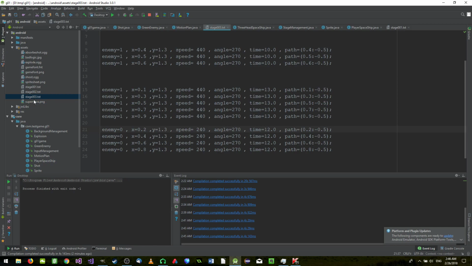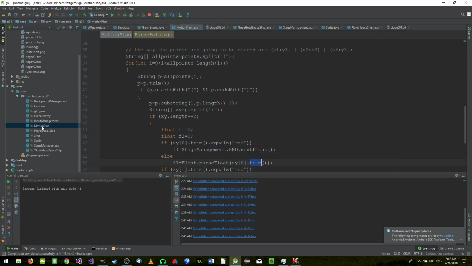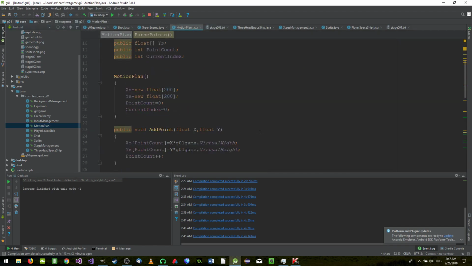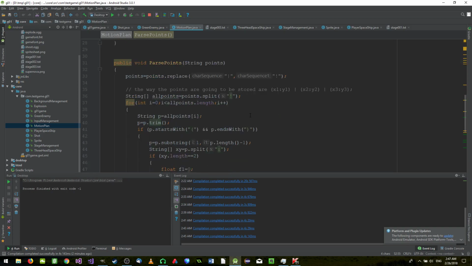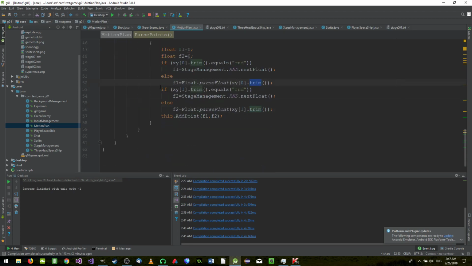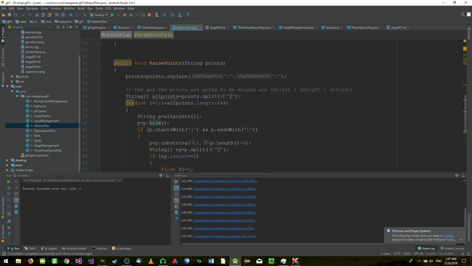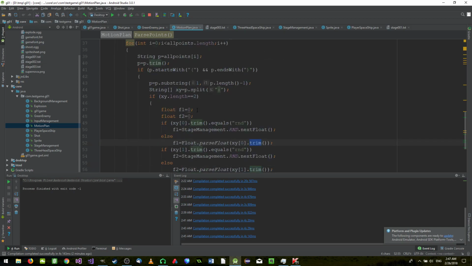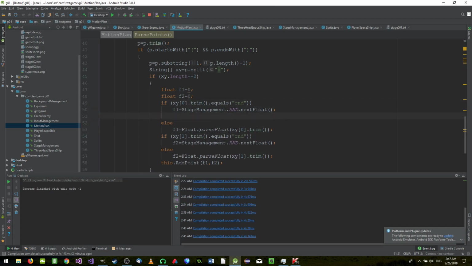So where is the path? Let me see. Sorry, it's here, right? So explosion, enemy input, motion plan. The motion plan is used to parse things. So here we have, from the last video, if you remember, I added something for parsing the points. Okay, so if the value is R and D, then we generate a random number. Now else if